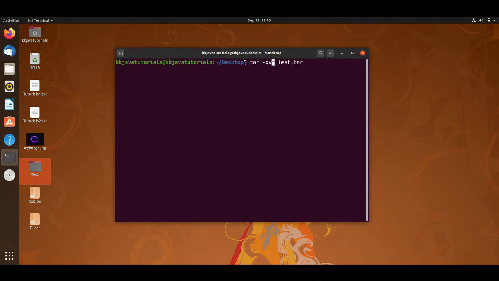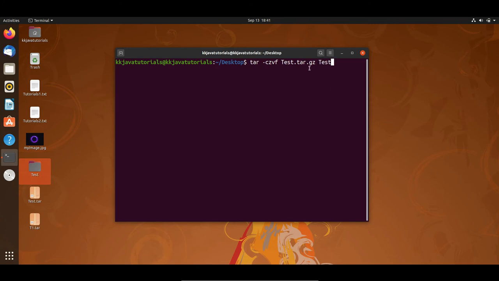Here you have to give X is for extracting. So here to create a basically simple tar file you give the flag as C, right? So as we want to create not the tar but dot gz file, right? Tar dot gz. So here C stands for creating, and here you have to give the flag as z to create a gz kind of file. And here you have to give the file name. So here I am going to give the file name test.tar.gz, right? And after that, of course, you have to tell the directory name.